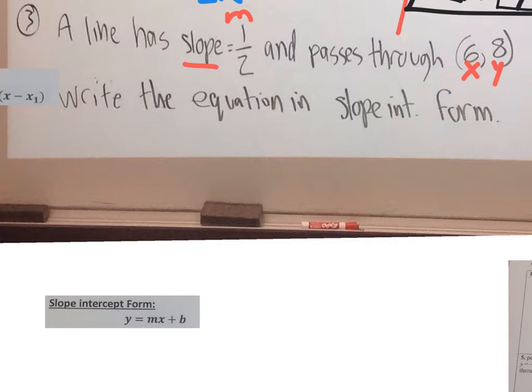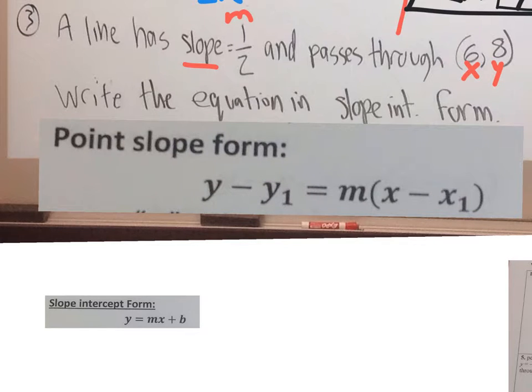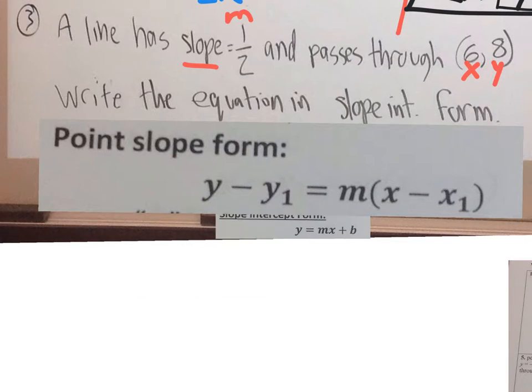So since they're giving us a slope and a point, what form are you going to use? Point-slope, right? So point-slope, I have it over here. Let me bring it out. There's point-slope right there. So we need to use this form. Let me get this slope-intercept form a little to the side over here. We're going to use that form